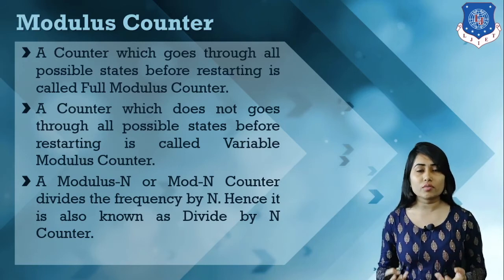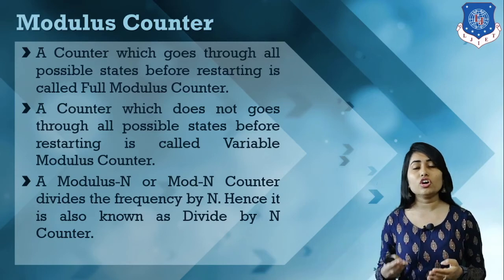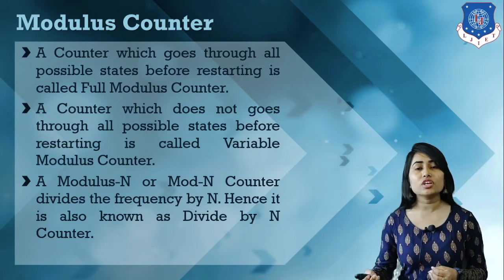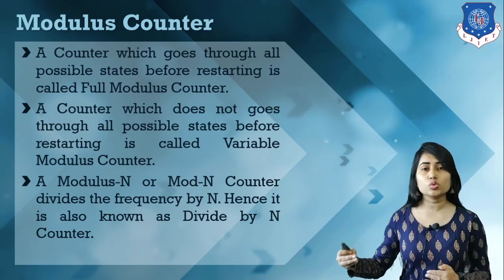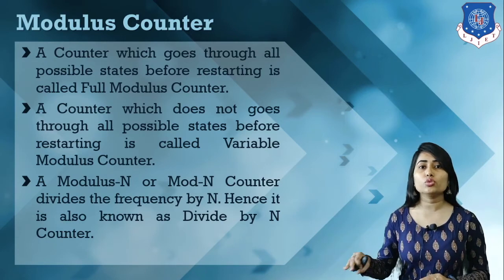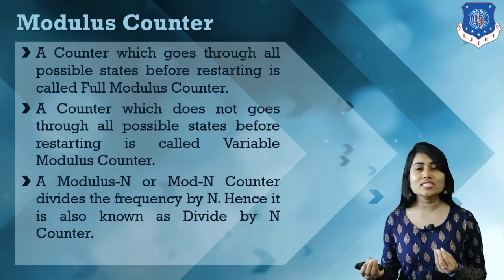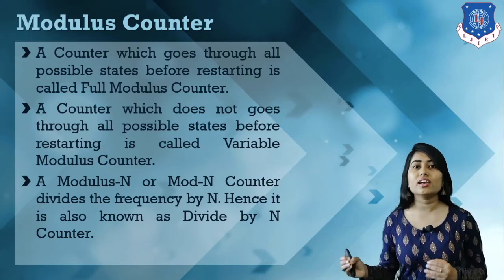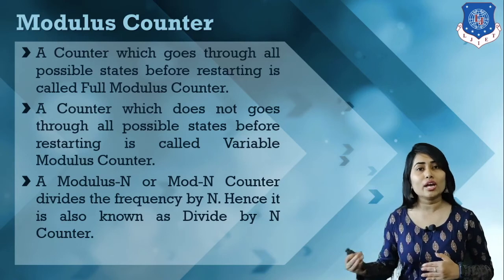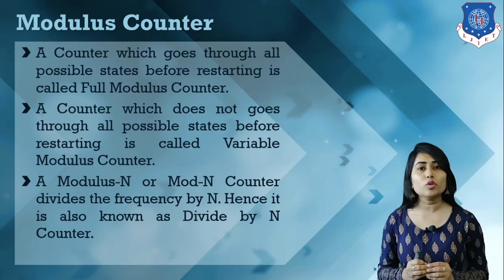That means if we have an example like design a frequency divider which divides the frequency by 8, that means 8 is equal to 2 raised to 3. So here we have to use a 3-bit counter. Okay, so some notations are changed over here, but the basic logical circuitry is the same for a modulo n counter or for a 3-bit counter. Okay, so this is our modulus counter.